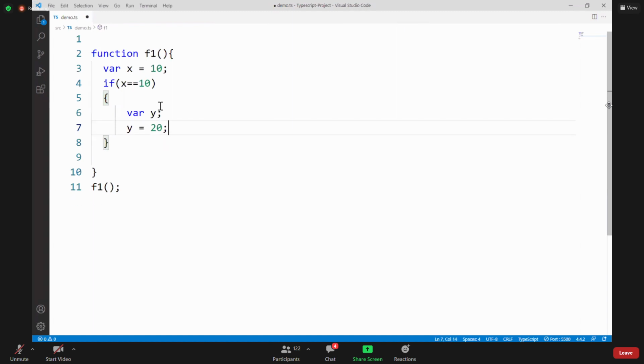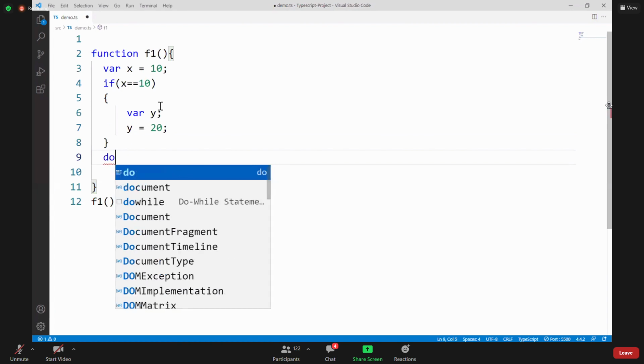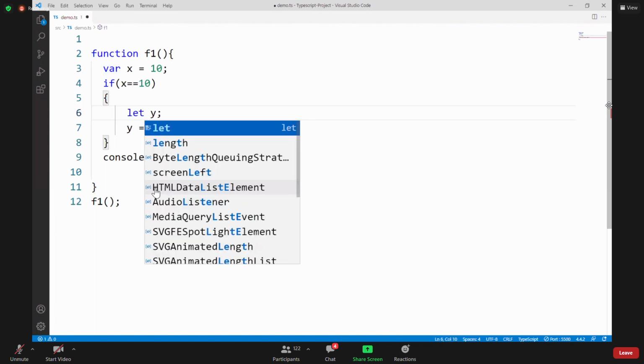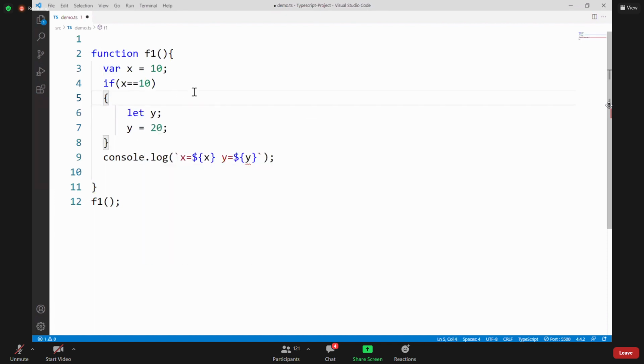And I am trying to access that y outside. So console.log x is equal to the value of x and y is equal to the value of y, but y is not allowed here. With var it is allowed, so we are using another keyword. What is it? LET. If I use let, now see what will happen.